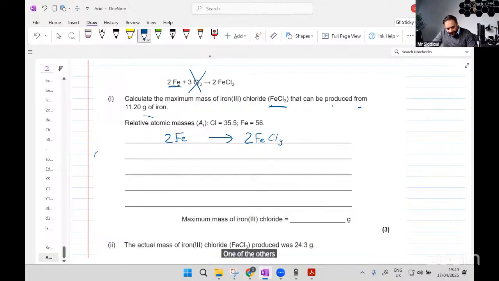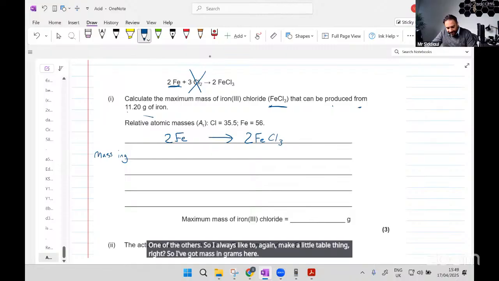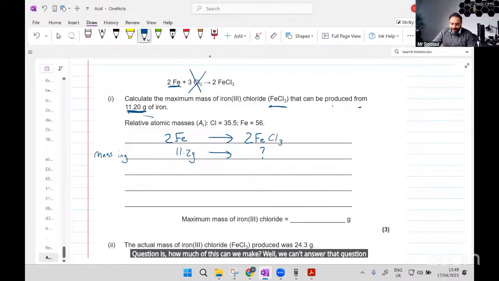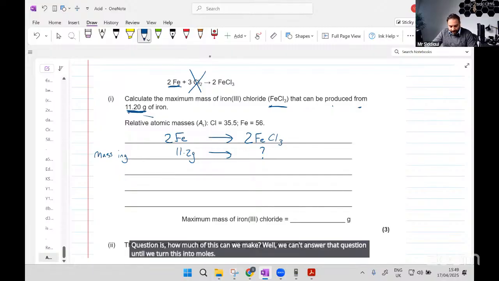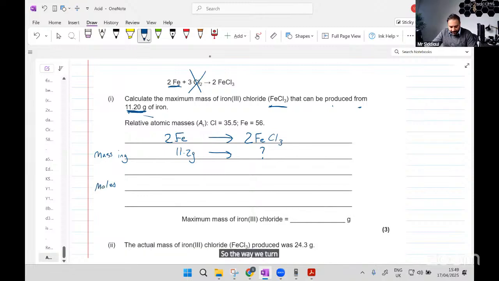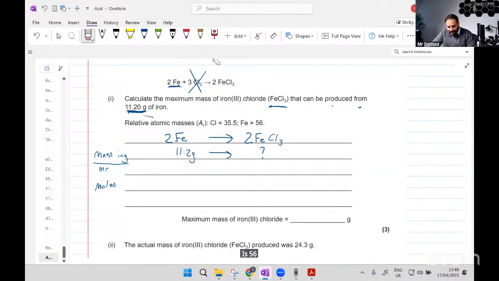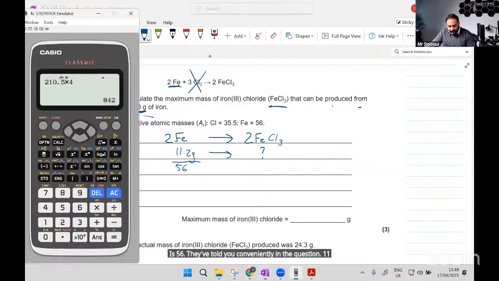So I always like to make a little table. I've got mass in grams here, which is 11.2 grams of iron, so I'm going to put that underneath the iron. The question is, how much of this can we make? Well, we can't answer that question until we turn this into moles. The way we turn grams into moles is dividing the mass in grams by the Mr. The Mr of iron is 56. They've told you conveniently in the question. Okay, 11.2 divided by 56